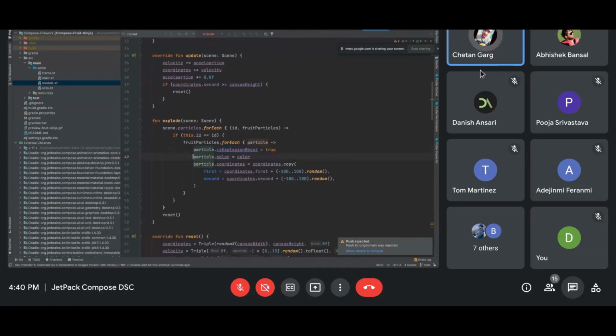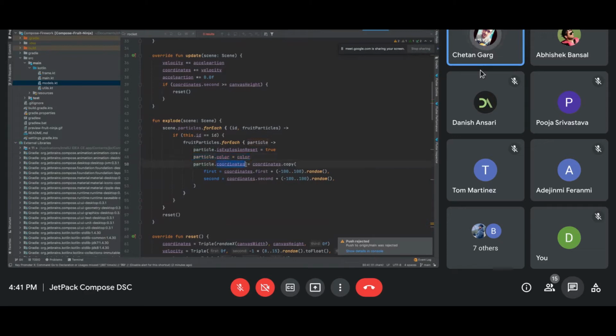Imagine this is a reset operation of a fruit particle. I created the fruit particle in the setup function, but I'm giving it a new color and coordinate system to reuse those old particles which I was using for the previous explosion. Here I apply the same color as the fruit color, otherwise the explosion might have the color of the previous fruit. I want those colors to be related to the current fruit, so I reset its color.